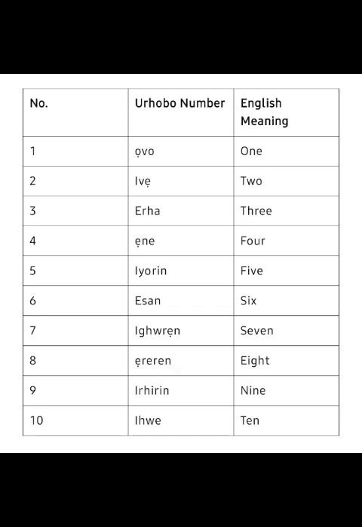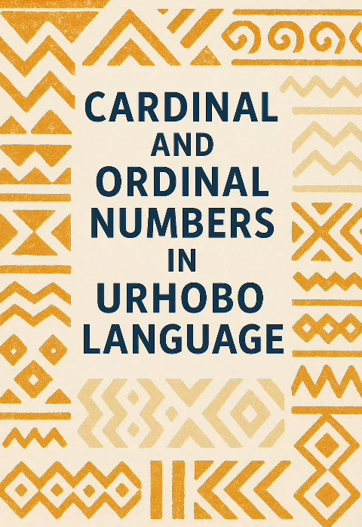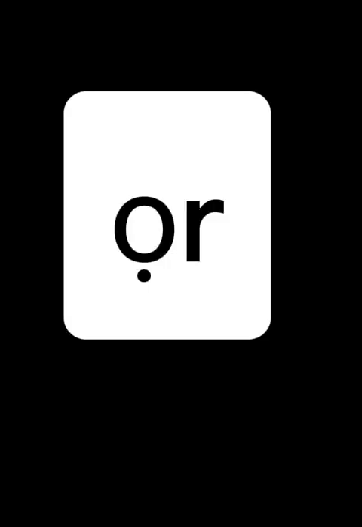Now let's go to ordinal numbers in Urhobo. Before I give you some of the list of ordinal numbers in Urhobo, let me just give you a quick tip on how to get or write ordinal numbers in Urhobo. Urhobo language ordinal numbers follow a pattern, a rule. All you have to do is when you get 1, 2, 3, 4, 5 or any other number, if you want to get it in the ordinal way, at the beginning of the word, all you have to do is add O arrow, the special vowel sound O and arrow at the beginning of the word. For example, if supposing we wanted to write